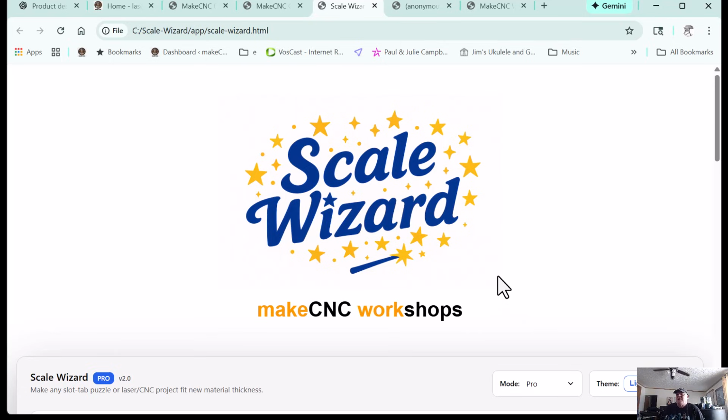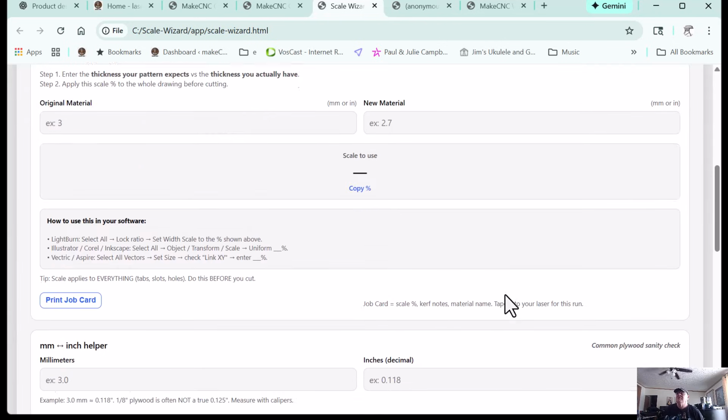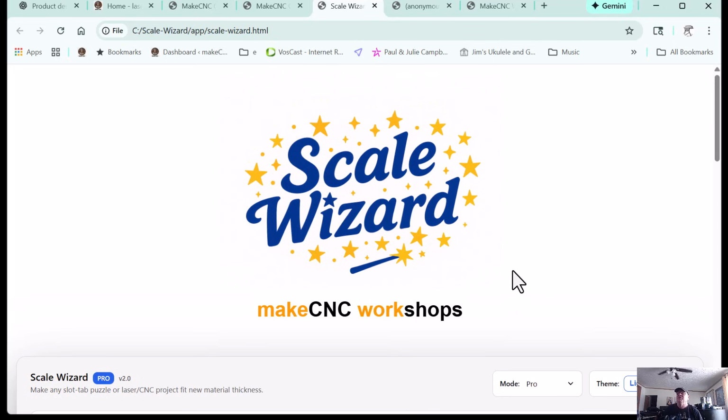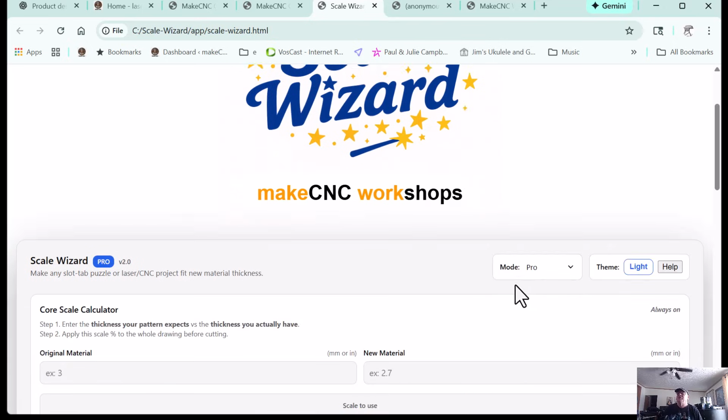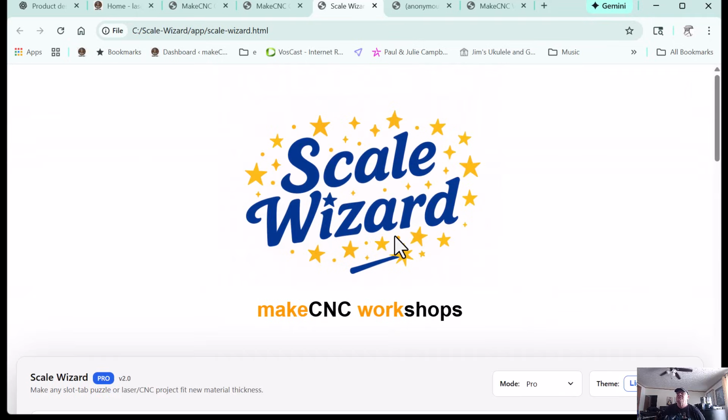It works with just about any CAD software, so Lightburn, it doesn't matter what you use, the calculations are the calculations, and we will be making some videos on how to use it with specific software, but once you read the user guide, you'll be able to fly through that. So that's the Scale Wizard, and that comes built in to the Pattern Wizard applications, or you could buy that